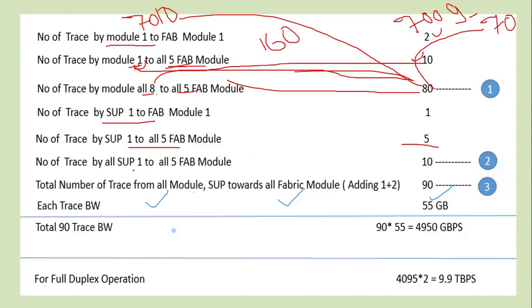But I have the two slots in the 7010. I have the two supervisor module slots. So I have the two supervisors, and for the two supervisors, how many trays? One is 5, and if I'm taking 2, so I will get the 10,